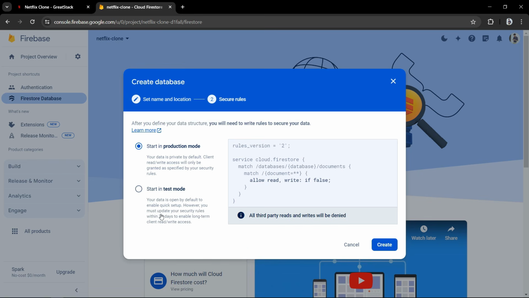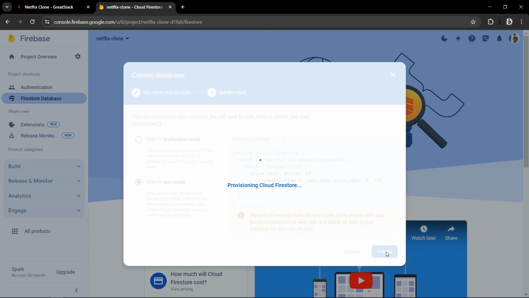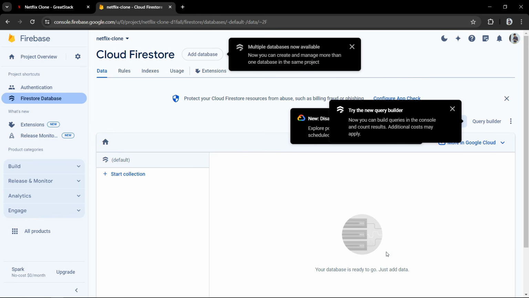From here, select this test mode. Then click on Create. So it will create the Firestore database where we will store the users when user creates account on our website. So now we have created the Firestore database.